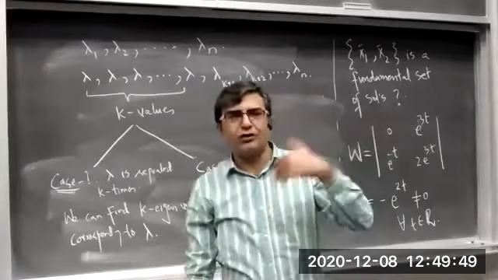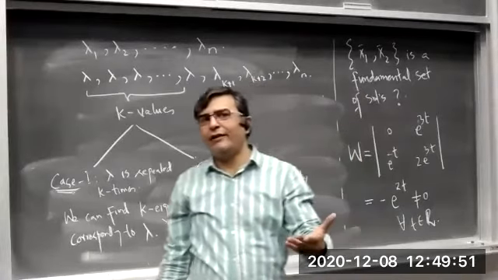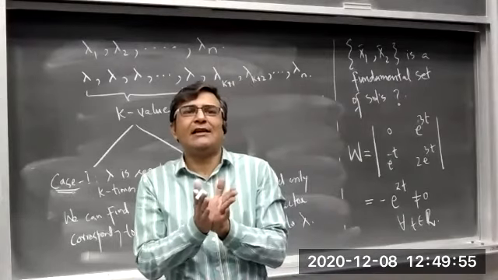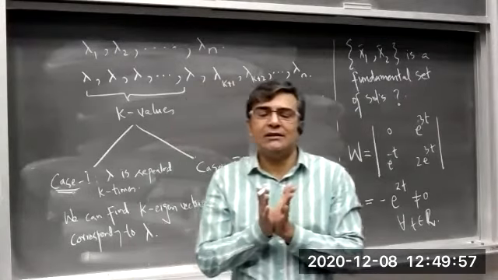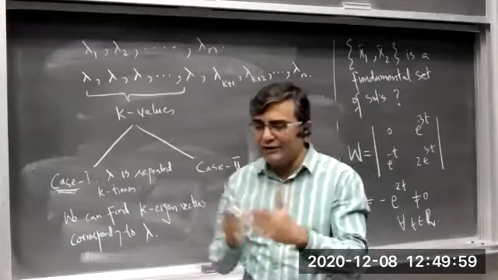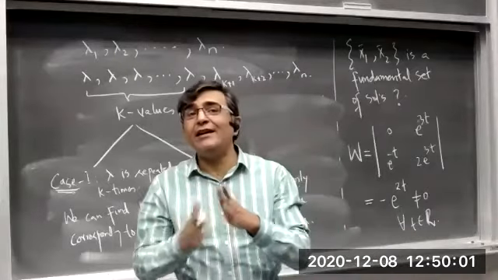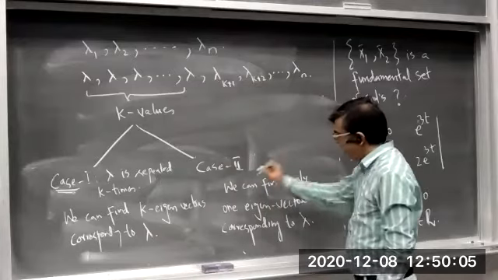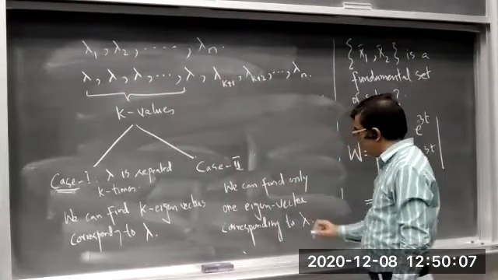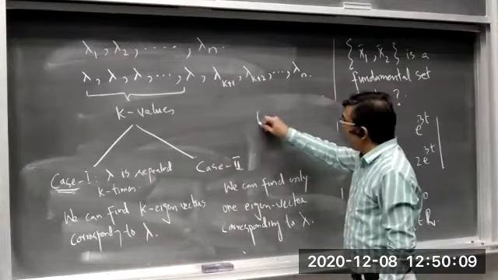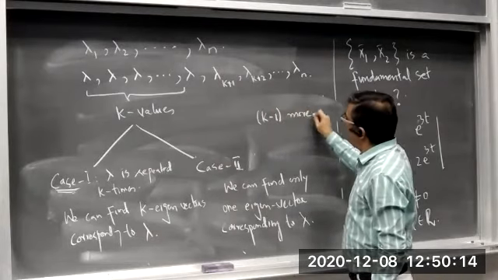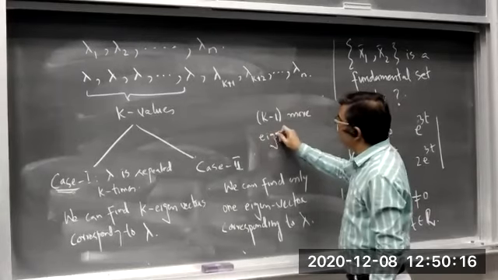Then in order to find n linearly independent solutions, so sorry, in order to write the general solution we should have n linearly independent solutions. In that case we must find k minus 1 more eigenvectors,